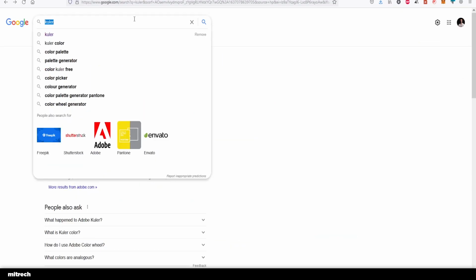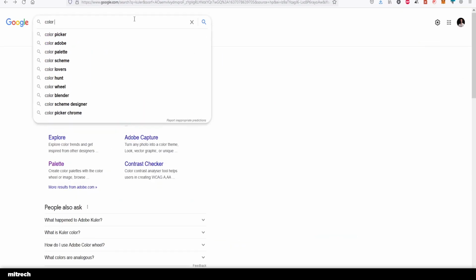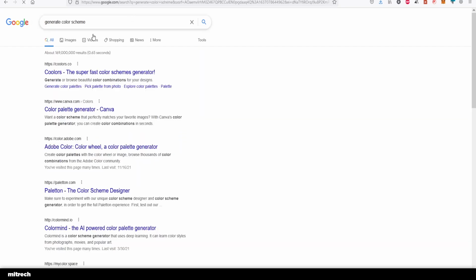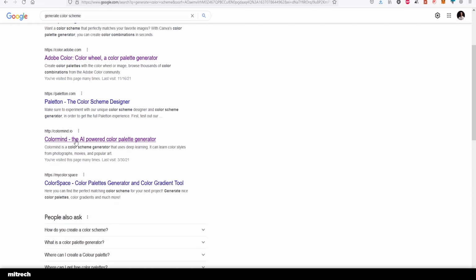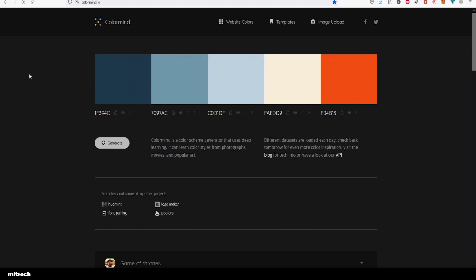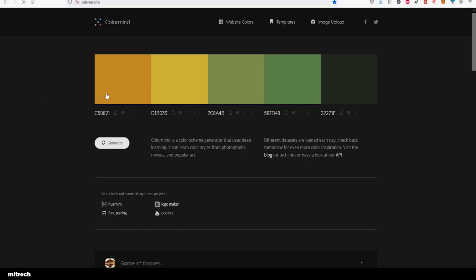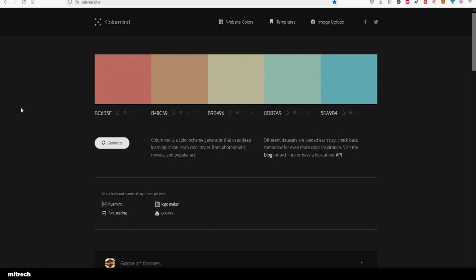Another way you can do this is just go with generate color scheme like this, and one I like to use is colormine.io. So you can go onto this website and it generates color schemes for you. So just hit generate until you find something that you like, and you can use those colors and things are gonna look pretty